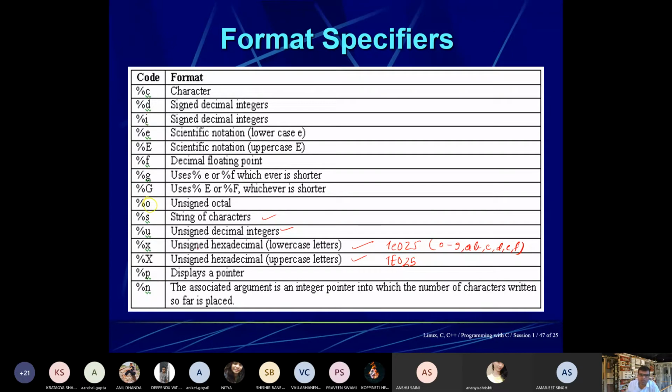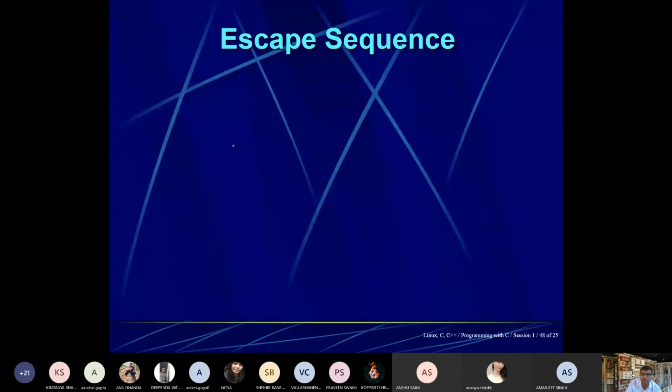So these are hexadecimal numbers. So try to recall all these things, and %n is associated. The associated argument is an integer pointer into which the number of characters written so far is placed. So we will see how a pointer variable will be used later on, in module 4 or module 5 maybe.